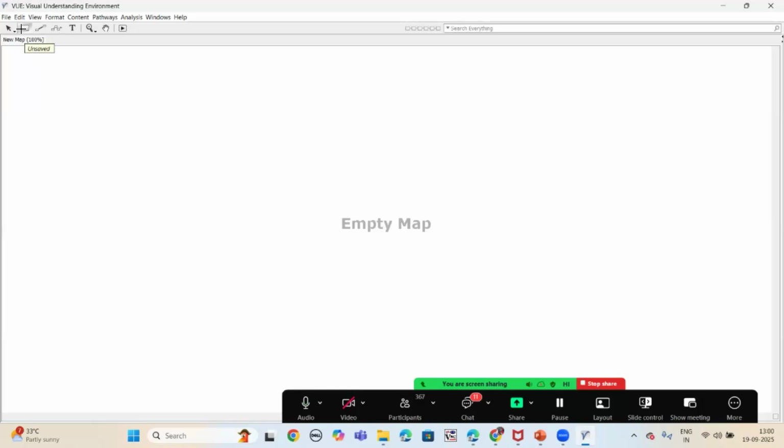To write the main idea, we have to select the node tool. For selecting the node tool, you simply bring your cursor to the toolbar and click on the node tool. As I clicked on this node tool, you have observed that my cursor turned into a plus sign. Just bring your cursor to the empty map area and drag it, and you can see a node has been created.